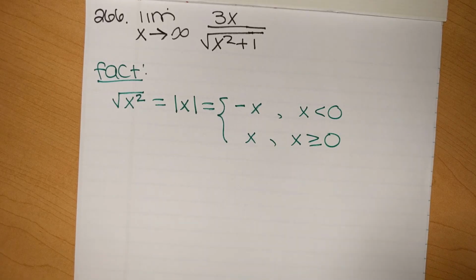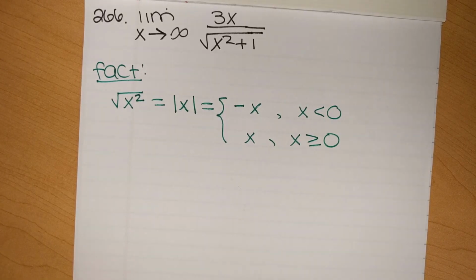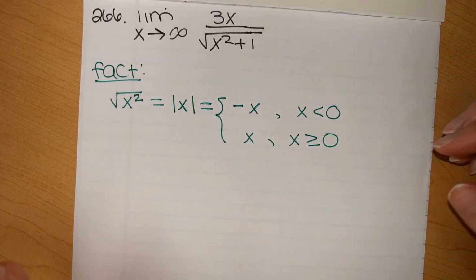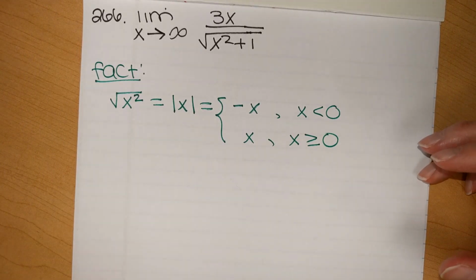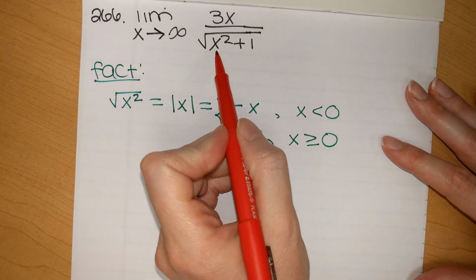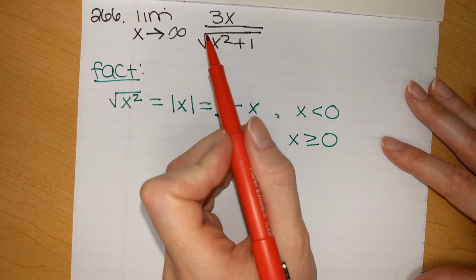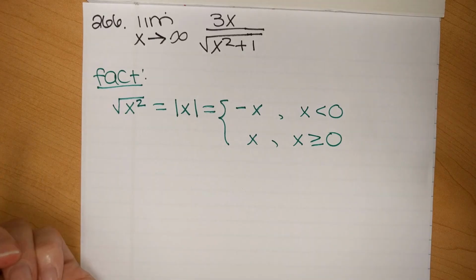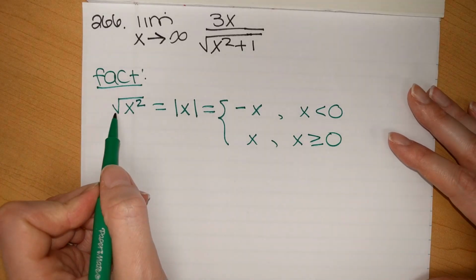In this question, if you plug in infinity, it's not a basic limit law, so we have to try to convert it into a basic limit law. To do that, we identify the highest power in the denominator. In this case, the highest power in the denominator is this x squared, but it's underneath the square root. So that means the highest power we're supposed to divide by is going to be the square root